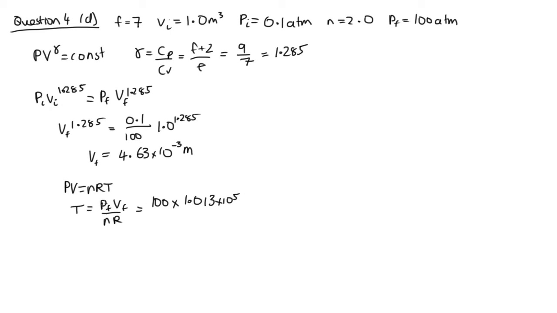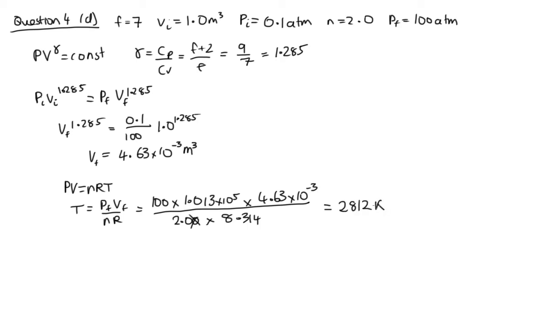Now we do care about SI units. Here the pressure units in atmospheres were cancelling out. For the ideal gas law, we do need everything in SI units. So this converts this from atmospheres into pascals. The final volume was 4.63 times 10 to the minus 3 meters cubed, so that is already in SI units. And then n, we're told, is 2, and only 2 significant figures there, and R is 8.314. So now we can solve this, and we end up with